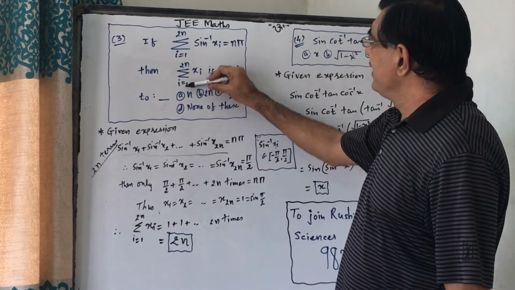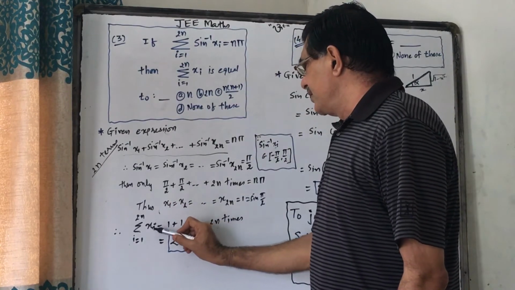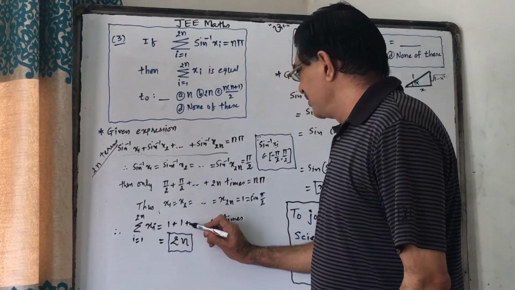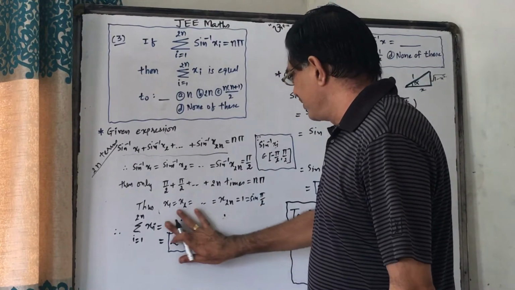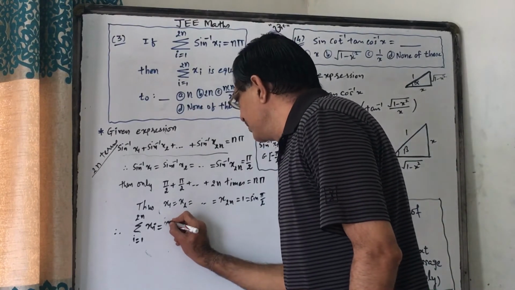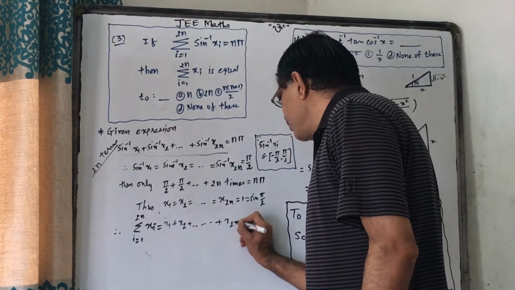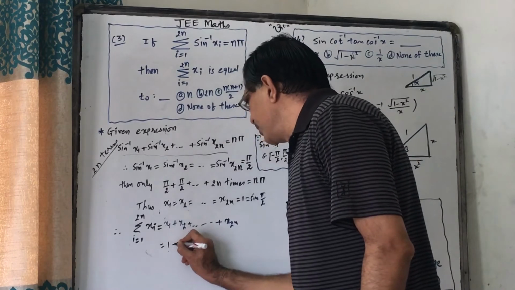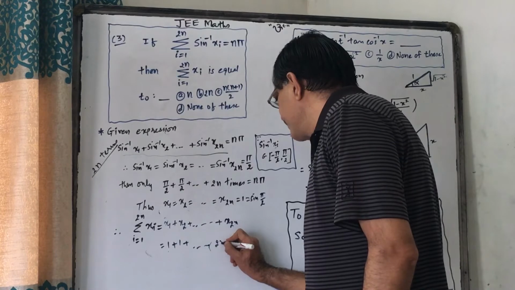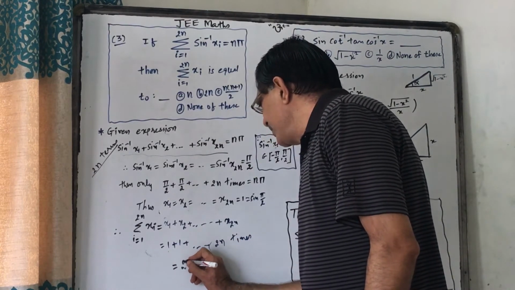Now sigma of i equals 1 to 2n of xi equals, see, all the terms have value 1. So we can write 1 plus 1. Let us write one more step. This is x1 plus x2 plus dash dash up to x of 2n. Each term has value 1, plus dash dash up to 2n times. So the final answer is 2n.